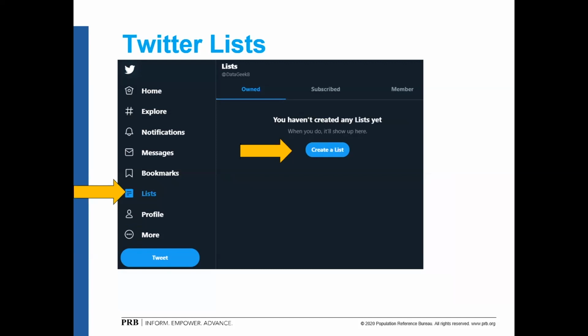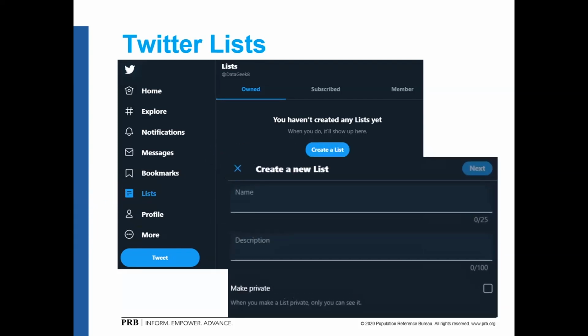It allows you to create curated lists of accounts. They can be topical, they can be colleagues, they can be people you met at a conference. You can use any sort of organizational structure you'd like, but once you create a list, you give the list a name, you describe what that list does or who's in it, and then you can choose to make it a public list so that other people, if they're also interested, for example, in sourdough bread starters and all of the interesting Twitter handles that are tweeting about sourdough bread, can see it. Or if it's something like you're job hunting and you don't want your employer to know that you're